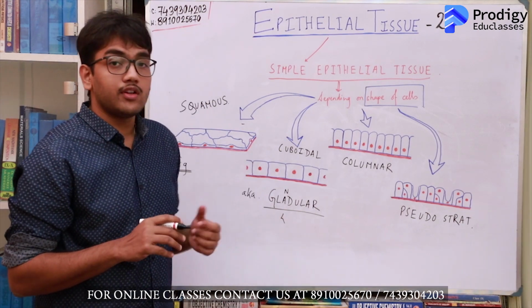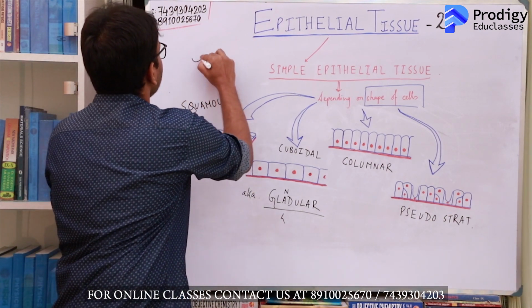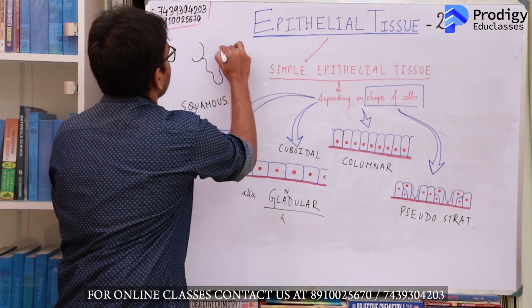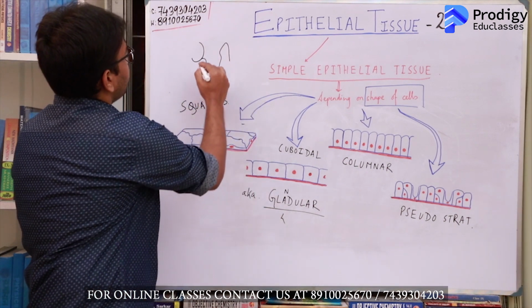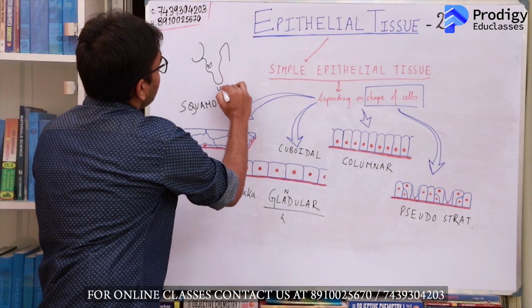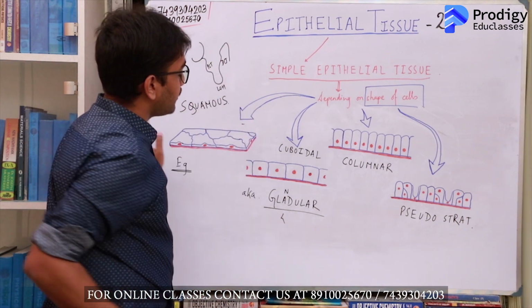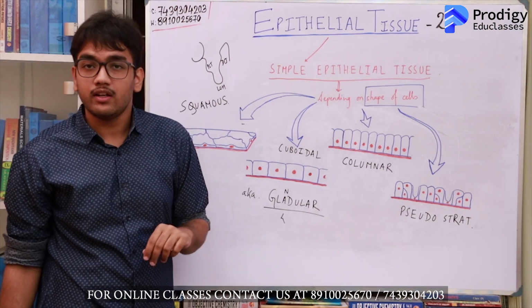And for excretion, if you look at the lining of the ducts, if you look at the kidneys, you will find the nephrons. And these nephrons have this tubular part, the PCT, the loop of Henle and the DCT. All of these will have a lining of simple cuboidal epithelial tissue.